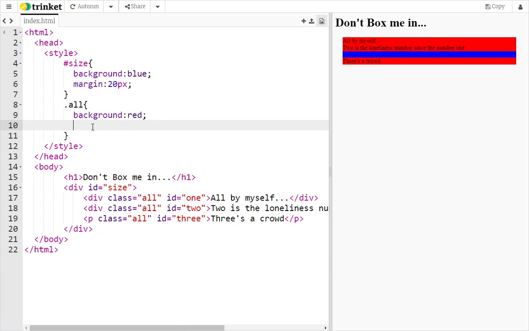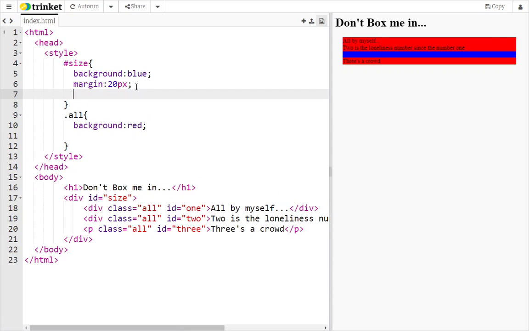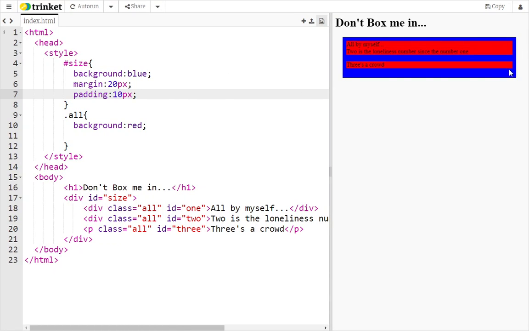All right, so we talked about padding. So if I do padding, and not on this one, if I do padding on this one, we're going to get very similar results. But notice how it went all around. And notice how there's margin on both sides of this paragraph, and then we added more padding around it. So again, you get different results. They kind of do the same thing. Padding on size